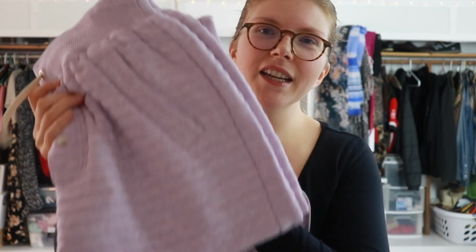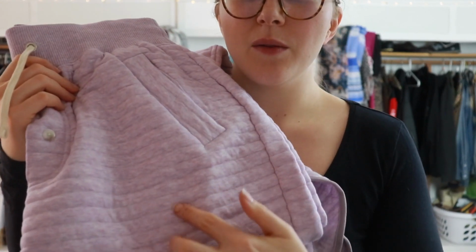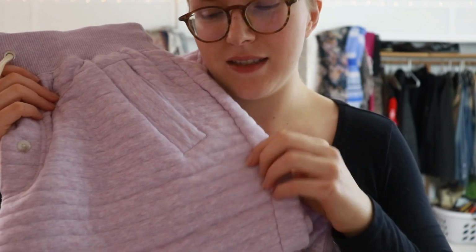I love this layer. I can wear a thin layer, like this shirt underneath, and then just wear this, and then I can go outside and take the trash out. I actually really like this. It's just so... what they've done here with this ribbing,